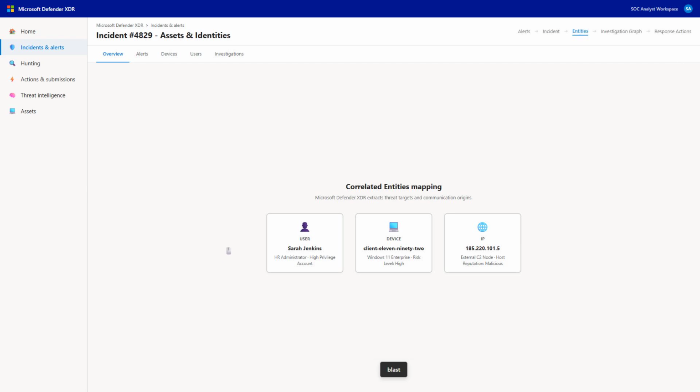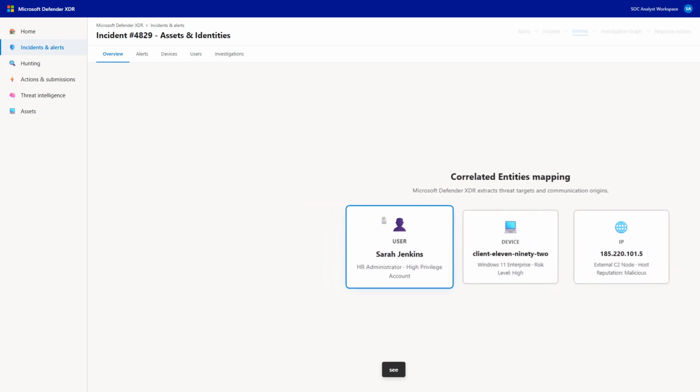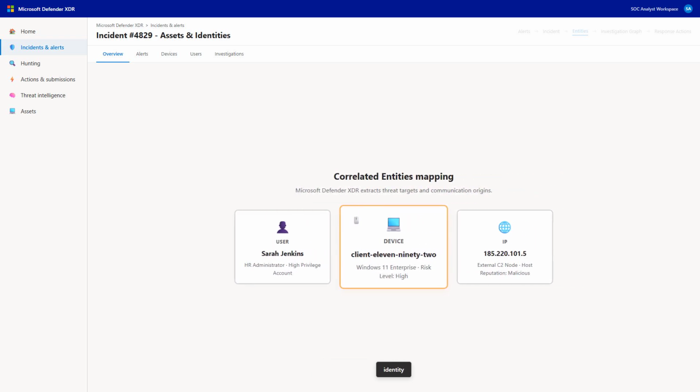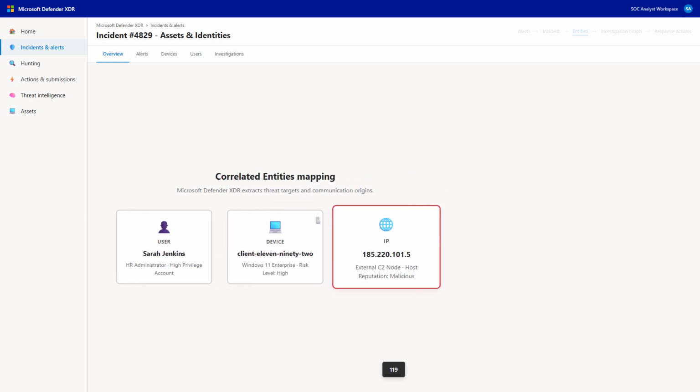To determine the blast radius, we must identify the entities involved. Entities are the assets, users, and resources affected by the threat. Microsoft Defender XDR automatically extracts and displays these entities directly inside the incident view. In this case, we see three critical entities: the compromised user identity, Sarah Jenkins, her workstation, client 1192, and the